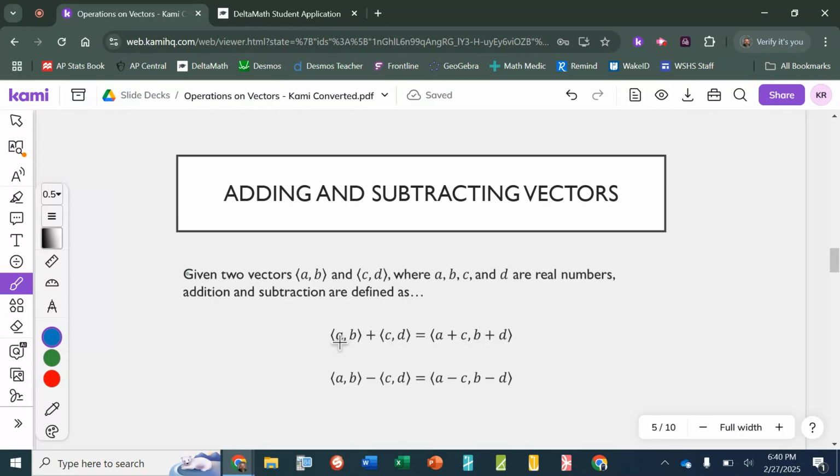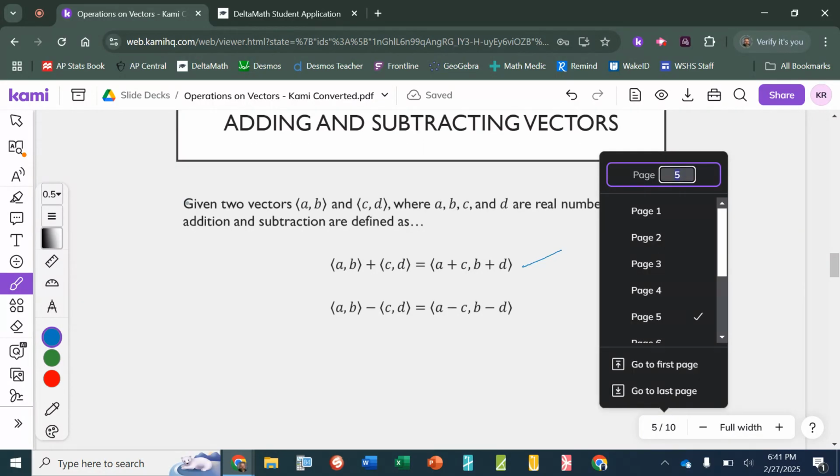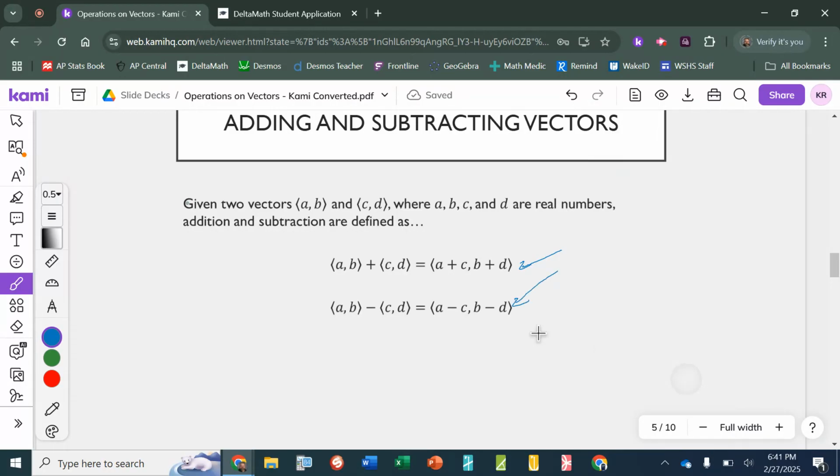So like in this first example, I'll take A plus C because those are the first components for the two vectors, and the indicated operation is addition, so I add A plus C. Then I say comma, I go back and I grab the second components, B and D, and I perform the indicated operation again, which is addition. And this forms a new vector that we call the resultant vector. So these two here are what are called resultants. Typically we just say, oh, well, it's the answer. But their actual name is the resultant vector. It's what results from it. So this is just our definition